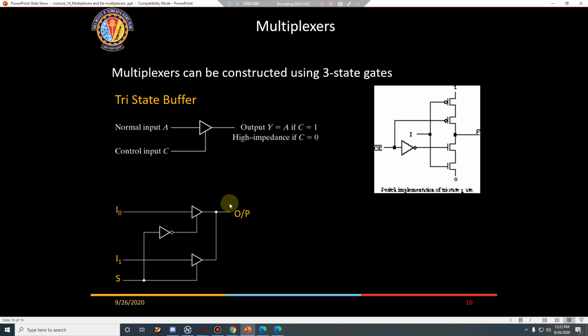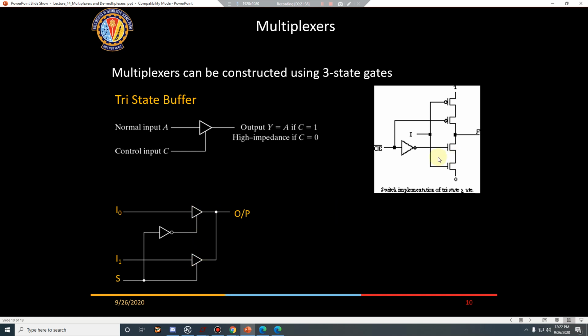There is no VDD or ground. Otherwise, for a digital gate, the output will be either 1 or 0. This is the third state which is available, known as the high impedance state. It is neither VDD nor ground. So if the buffer control signal is given 0, it goes into the high impedance state. You can assume there is no wire here. Is it okay? Sir, I didn't get how it got into the high impedance state.